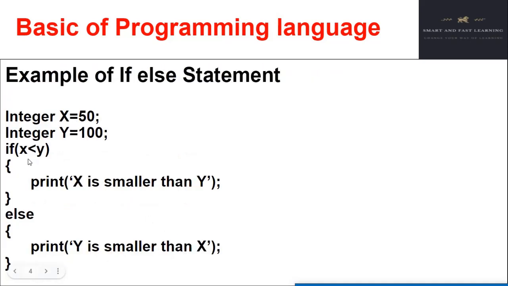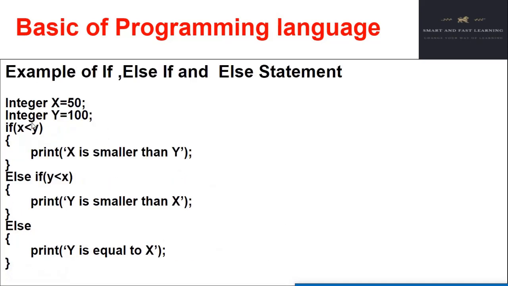First it will check the if condition, then if that condition is false, it will check the else if condition, and if this is also false, then it will go to else and print this.